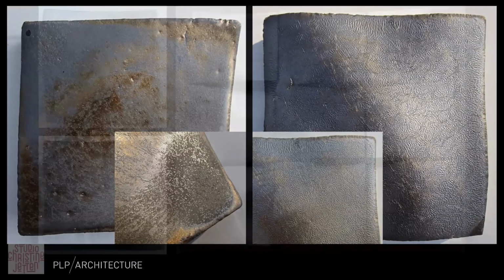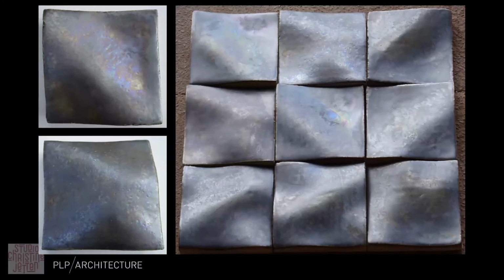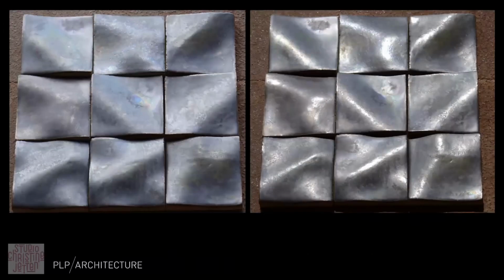Next slide, please. Here is another design intent, the bluish metallic reflection. And I studied this while I was refining the glaze formulas. And the next slide shows how these tests show the fluidity of the light, which we wanted to get to work for us in the design,